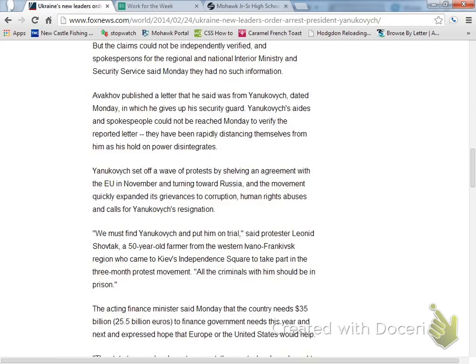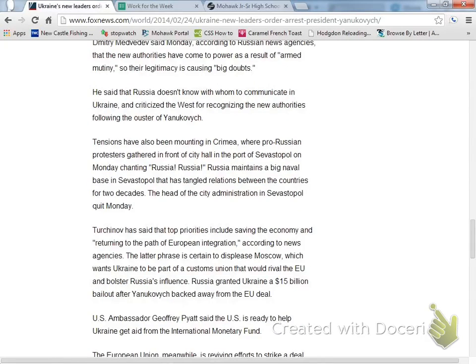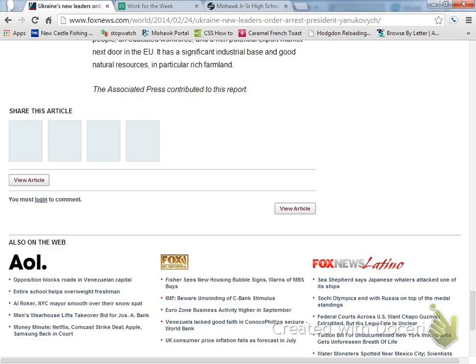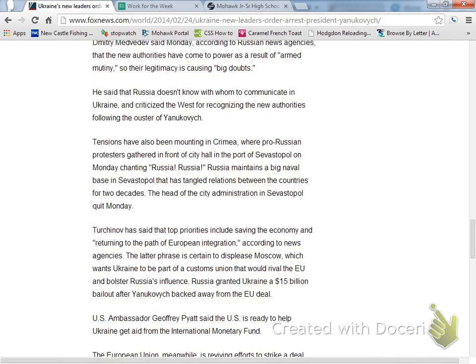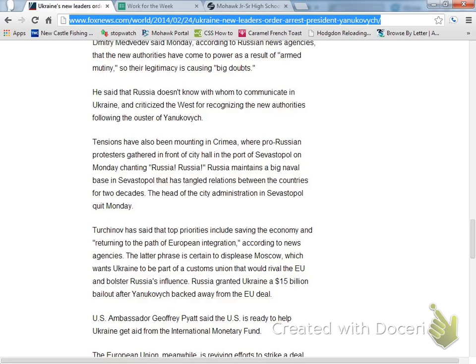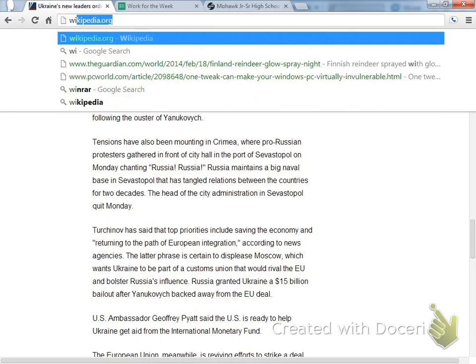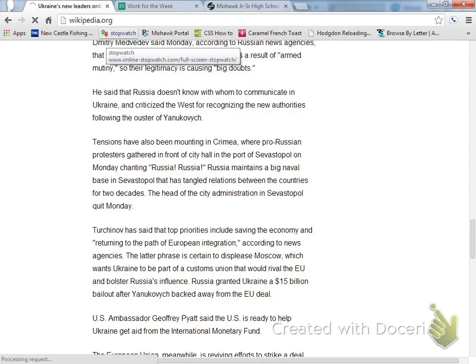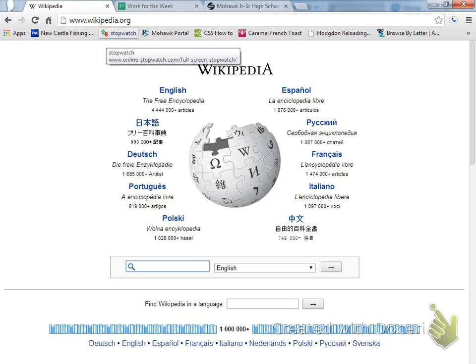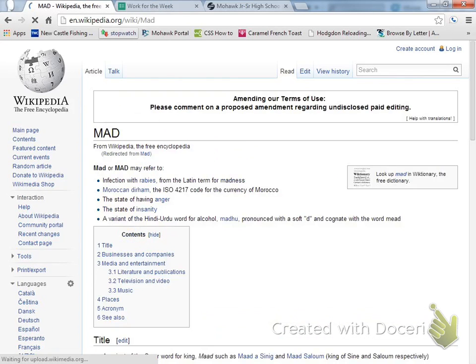Let's see if this one does or not. You can potentially find additional links that give you even more detail on the subject you're looking for. Wikipedia is a good example of that. The article didn't have any more additional links. I'm going to look up, I don't know, MAD. Okay, so say I look up an article about MAD,